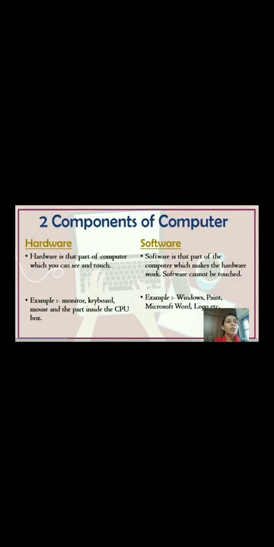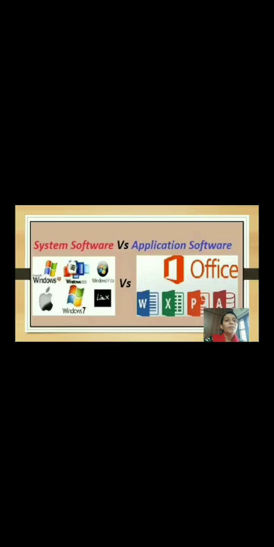Software is a program that you cannot touch. You can feel the software, you can see the software, but you cannot touch the software. Windows, Paint, Microsoft Word, Logo, playing a game on the computer, that is software. Now hardware is the part of a computer that you will see in the picture, and software is the applications of the computer. Here in the pictures: Chrome, Mozilla Firefox, Windows, PowerPoint, Excel, Adobe Reader. These are the applications of the computer, and they are called software.